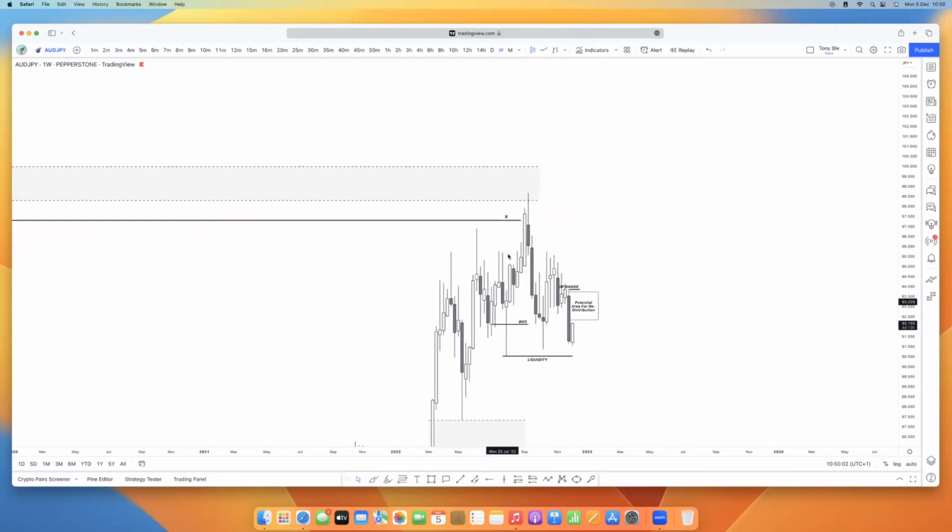Now, as you can see, we have distribution. Price stopped at the imbalance and then rejected. You can see we had multiple weeks, 1, 2, 3, 4, 5 weeks of sell, and then price went back up, came into this imbalance here. Then price spent time there, right? We had 1, 2, 3 months. In the 4th month, price came down, went back inside again, and now we had a drop.